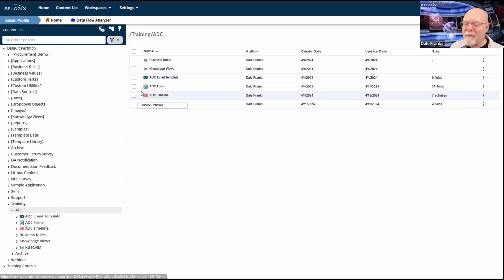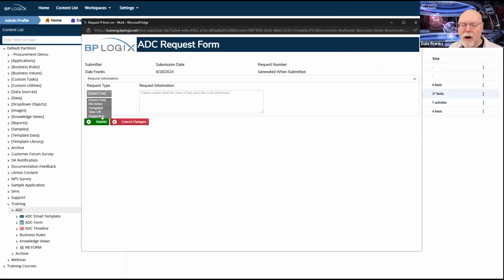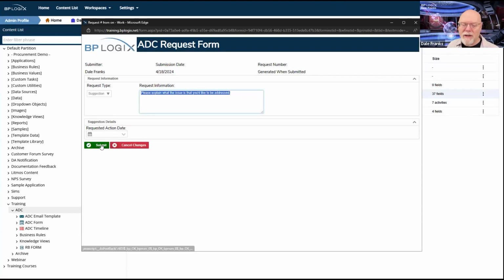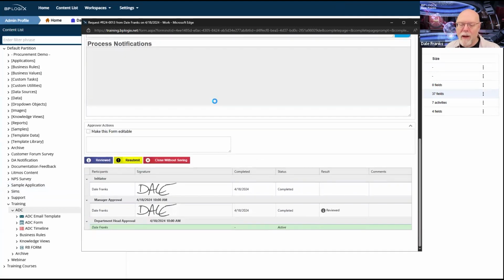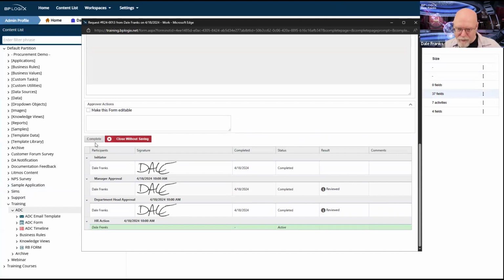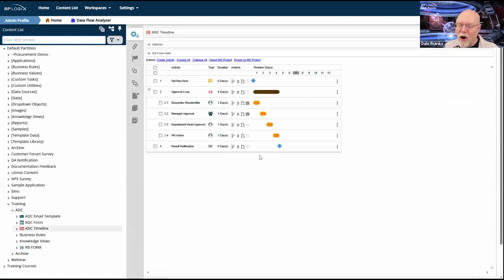Okay, 4th and final form submission to be sure that things are working the way that we want them to work. We are going to input a suggestion. We're going to submit that, reviewed by our manager and reviewed by our department head. So we're seeing the buttons we're supposed to see. And that takes us to HR, and we're happy with just our complete button for the moment. All right, that testing works. So now we've gotten through our first activities. All we have to do now is address the last activity, HR action.